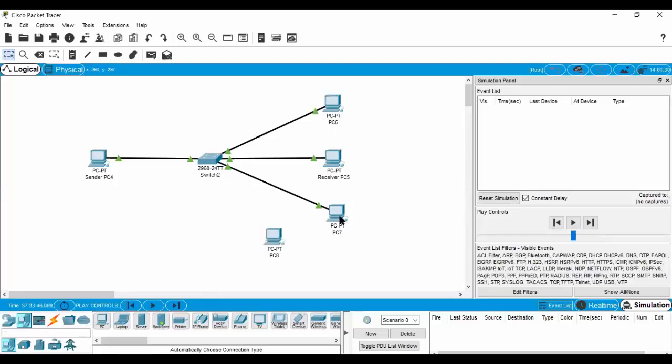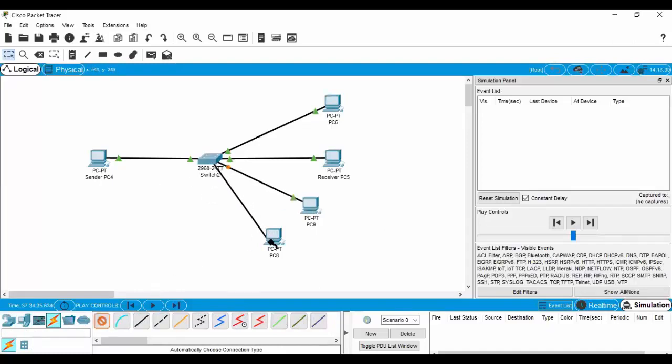So first of all, how can it be done? It can be done by finding the location of this particular node by doing broadcasting. So the first step that the switch performs is broadcasting, and after that, unicasting. Once the location is known, it will perform unicasting. You can see, I have connected it now and I have done no configuration in the switch. Switch and hub do not require any configuration, only the router requires configuration, right?